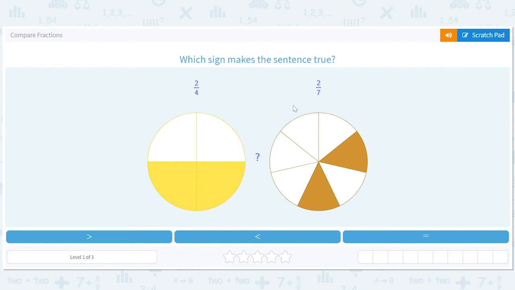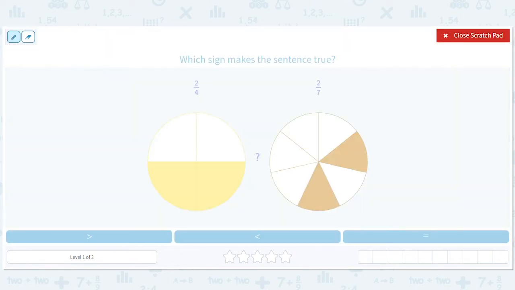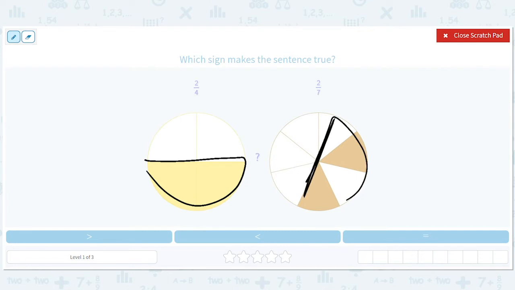Compare fractions. So here we can use the pictures or the math or the numbers. The pictures are part of the math. That was a silly thing to say. But let's go with the pictures here, right? So this is 2/4. 2 out of 4 is a half. If we were to draw a half here, we clearly would have more than what's shaded,